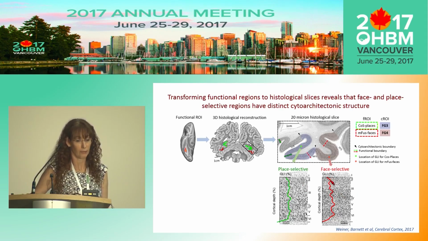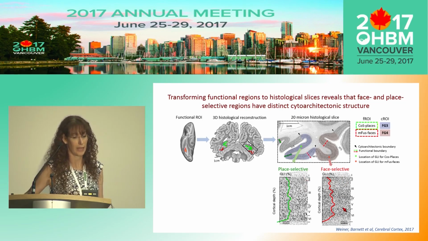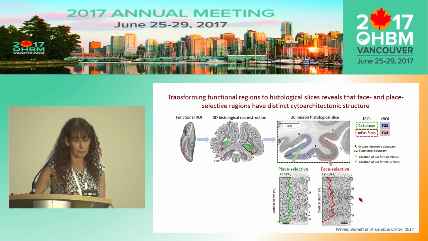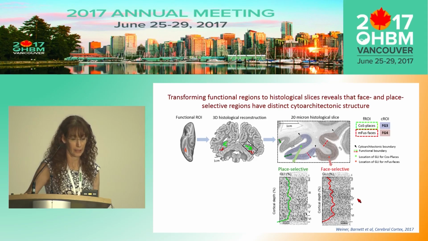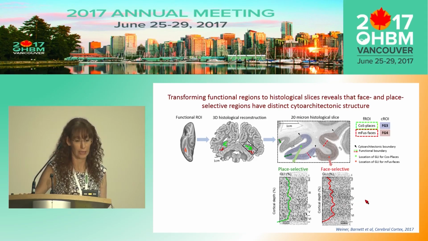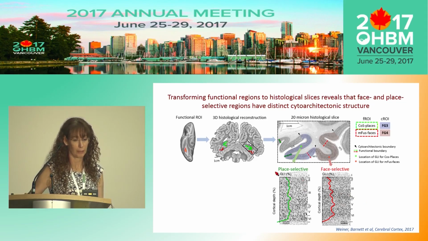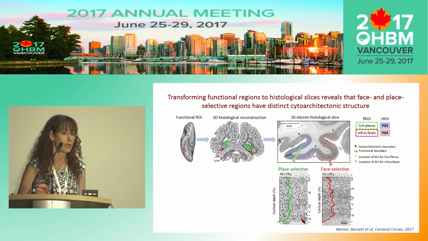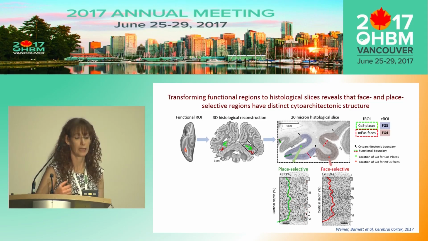If you look at the gray level index of face selective cortex compared to place selective cortex, you can see that they have different cytoarchitectonic structures. For example, face selective cortex has a prominent layer 3 and a layer 4 with intermediate and large pyramidal cells, but place selective cortex has a dense but prominent layer 2 and layer 4 with granular cells. And I think this is really important because those of us who